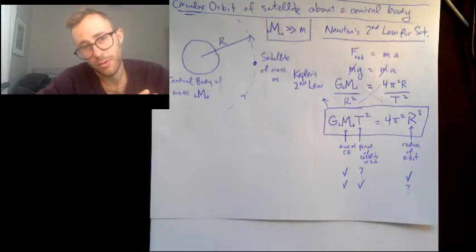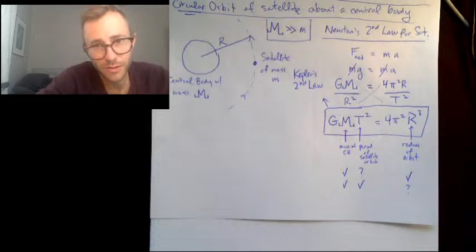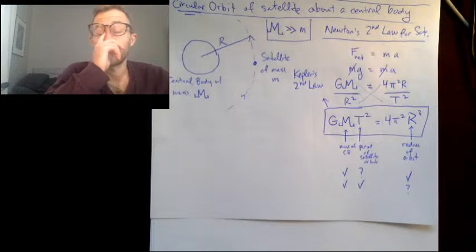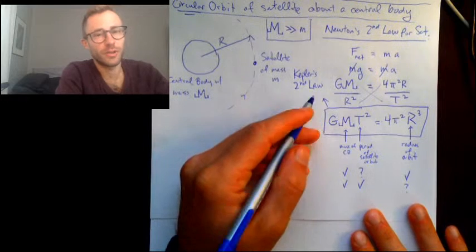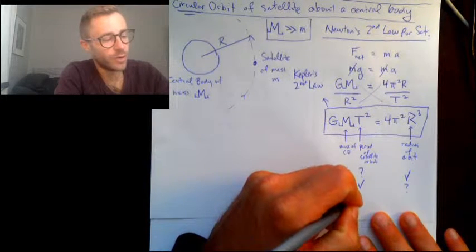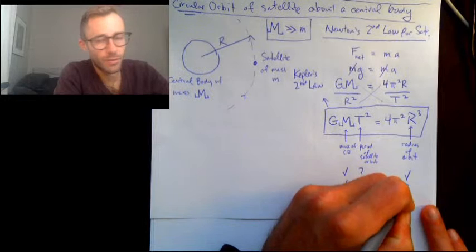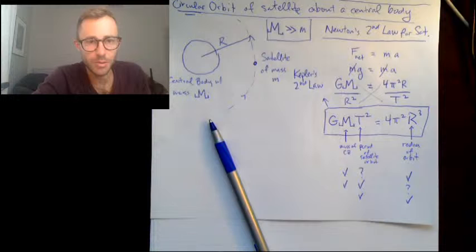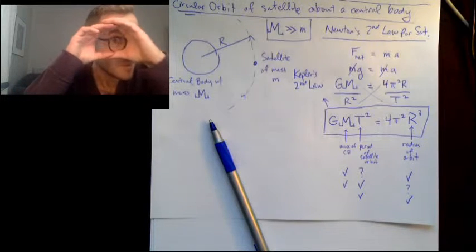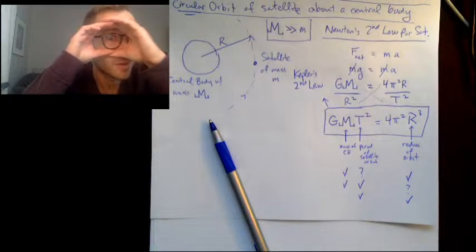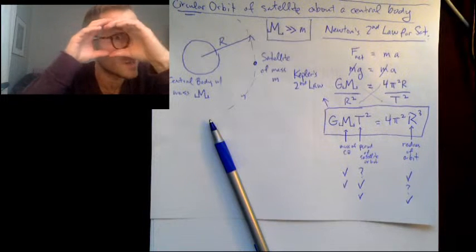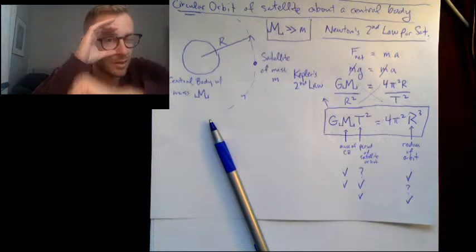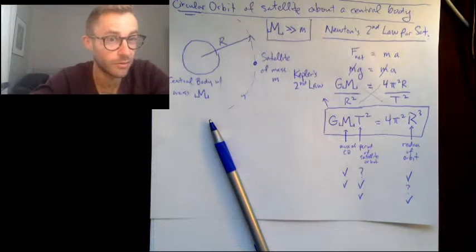But the third thing I think is the coolest application of Kepler's second law, excuse me, is if you know the period of the orbit and you know the radius of the orbit, and this is actually pretty easy to determine because how could we determine the period of a satellite's orbit? Well, we look at it through a telescope and we literally watch the thing go around and we time it. You have a watch, you look at your watch, and then you look at the satellite and you can figure out